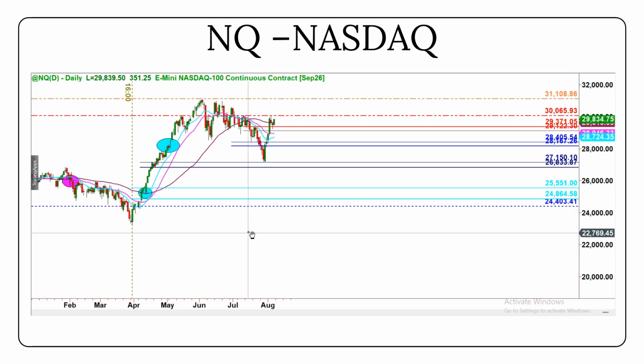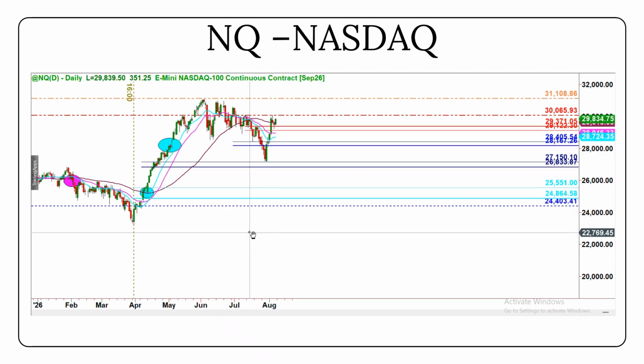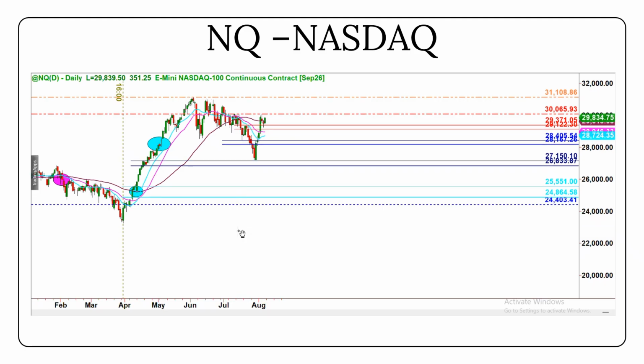We therefore should still be bullish, and our best trade shall be at the demand zone 29.371 and 29.122. That's the zone that we're looking at, and if it manages to come back into this zone, we could still try to go long and expect to go all the way above 30065.93